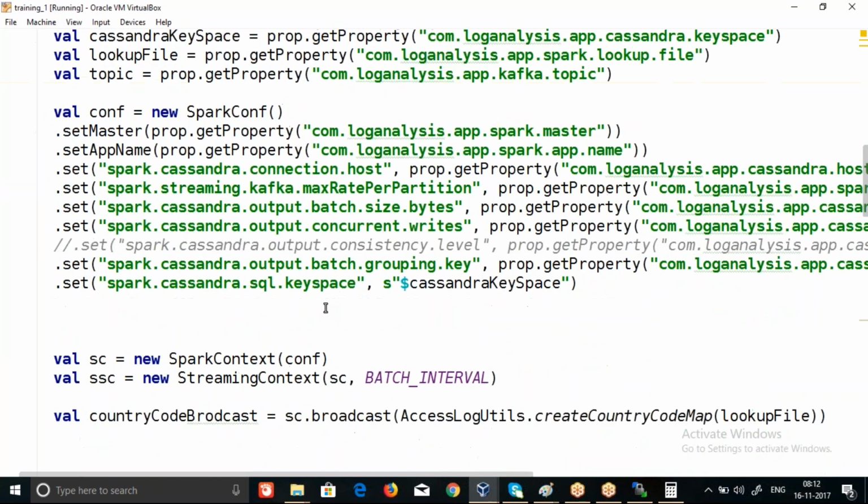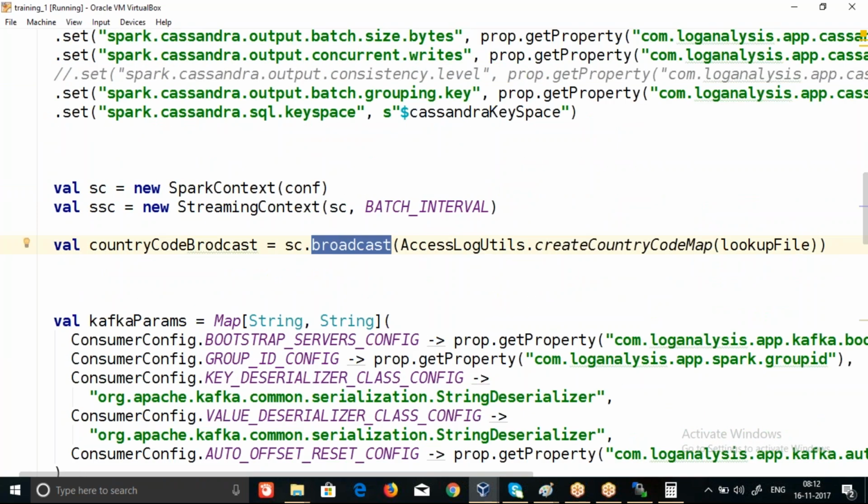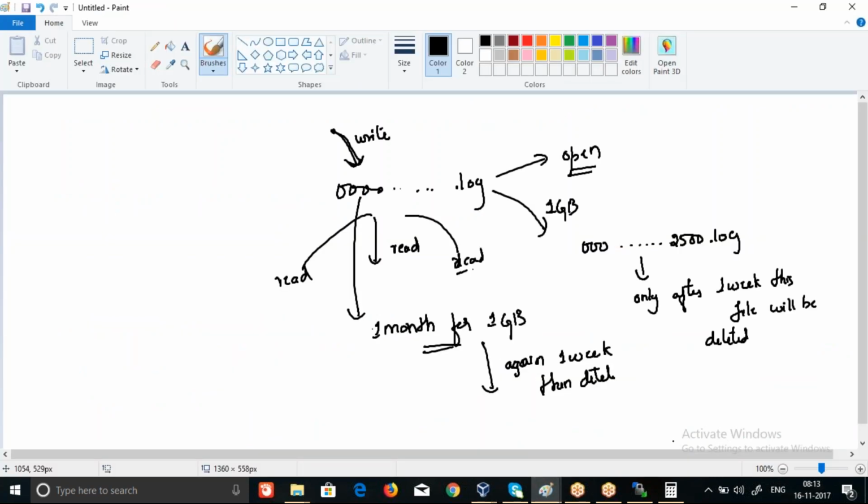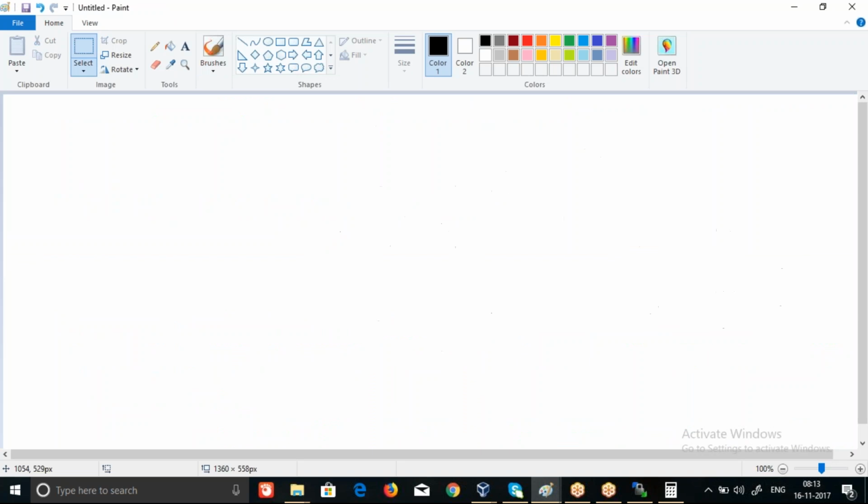So now we were seeing about the broadcast. Why is broadcast required and what are we broadcasting? We are creating a hash map. If you remember, in our join operation in Spark RDD, in Spark core, we talked about join, and in that we had our broadcast join. So what we used to do there, if you remember,